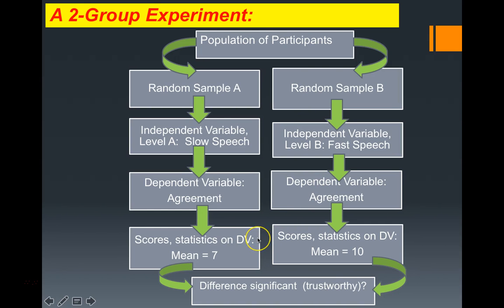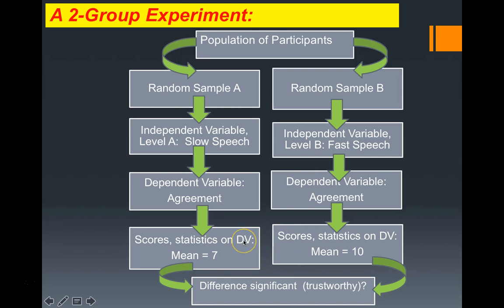The statistical test usually results in what's called a p-value, and you've probably heard the expression p less than 0.05. If you get p less than 0.05, we consider the difference significant. P less than 0.05 means that the chances are less than 5% or 1 in 20 that this difference could be